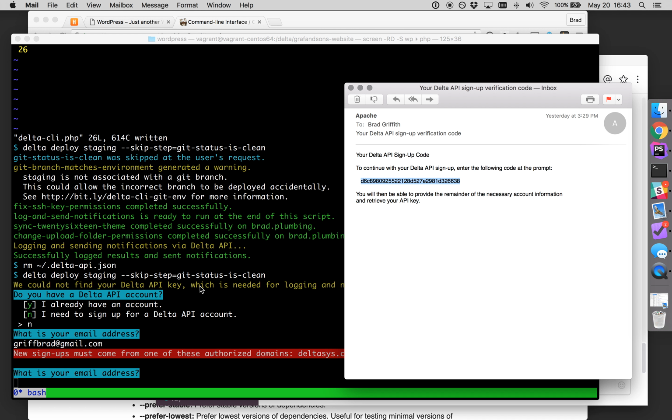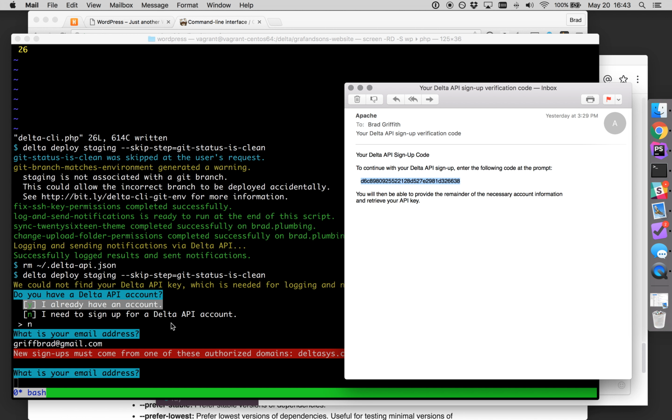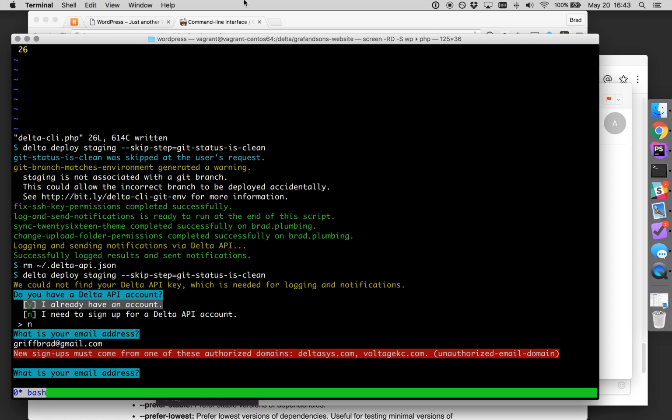You're going to throw this verification code into your terminal. Choose a password for your account so that if you do ever have to log in to retrieve your API key, you can do that. And then it's going to store that API key in the file I showed earlier, the delta-api.json. So that's how you get up and running the first time you do this. Usually only takes a few minutes, mostly just to wait for this email to show up. And after that, you never have to run it again on any of your projects unless you switch machines. I think that's it. Like I said, let me know if you have any issues, and